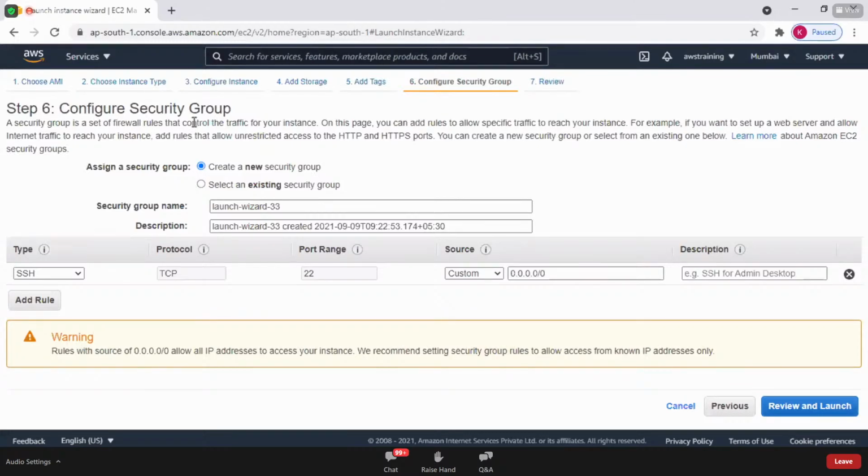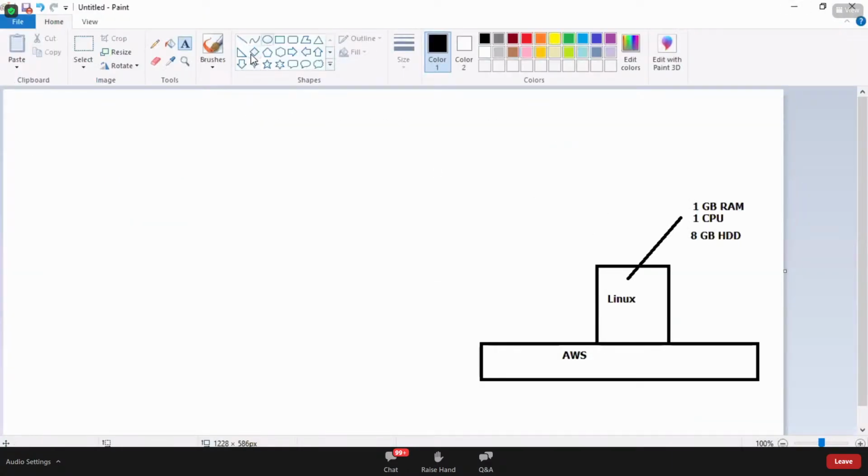This is very, very important. We already have discussed this point in the last session. Security group is all about defining what port needs to be opened. When you are creating a Linux machine, if you want to successfully connect to the Linux machine after creating it, obviously what you want to do from your personal laptop,